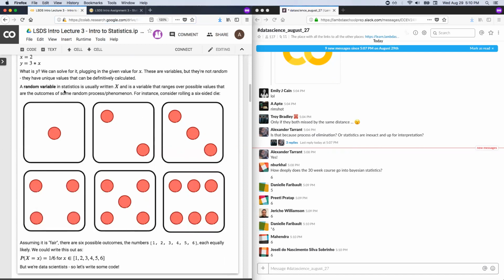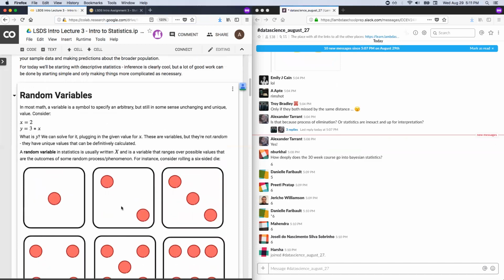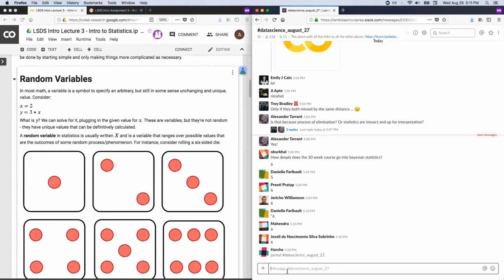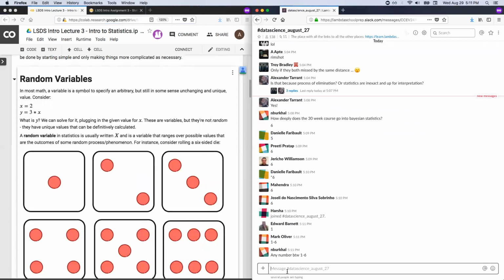So a good simple example that probably most of you are familiar with is you could roll a 6-sided dice, right? And if you roll a 6-sided dice, what could happen? Before I scroll, let me just show the picture here. What's something that can happen? I roll a 6-sided dice, I look at the top, what do I see? Sure, I see 1. I see anything from the interval 1 to 6. I'm never going to see a 7. I'm never going to see a 0. Never going to see 1.5 or pi. I'm just going to see one of these numbers. What's the chance that I'll see the number 4?